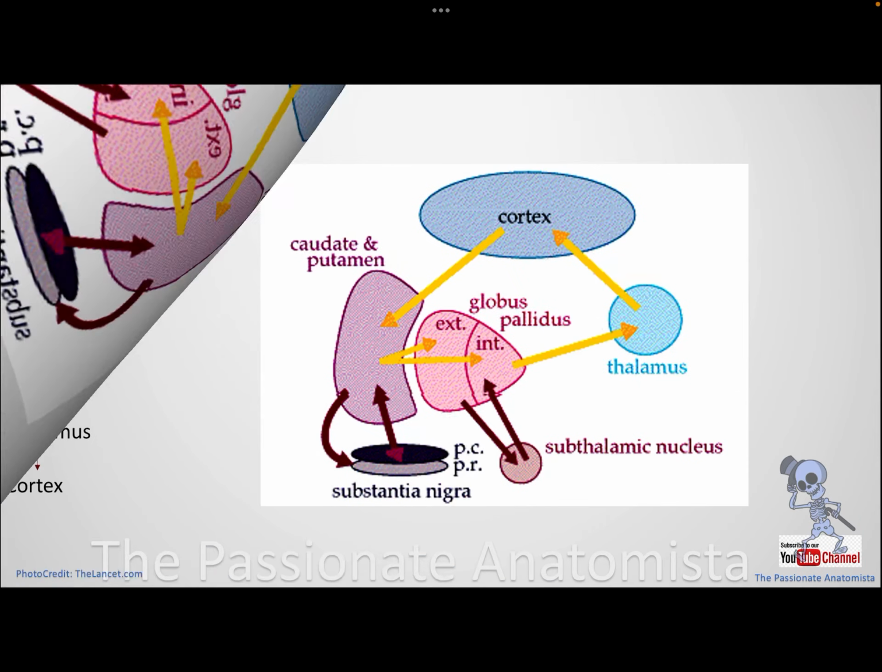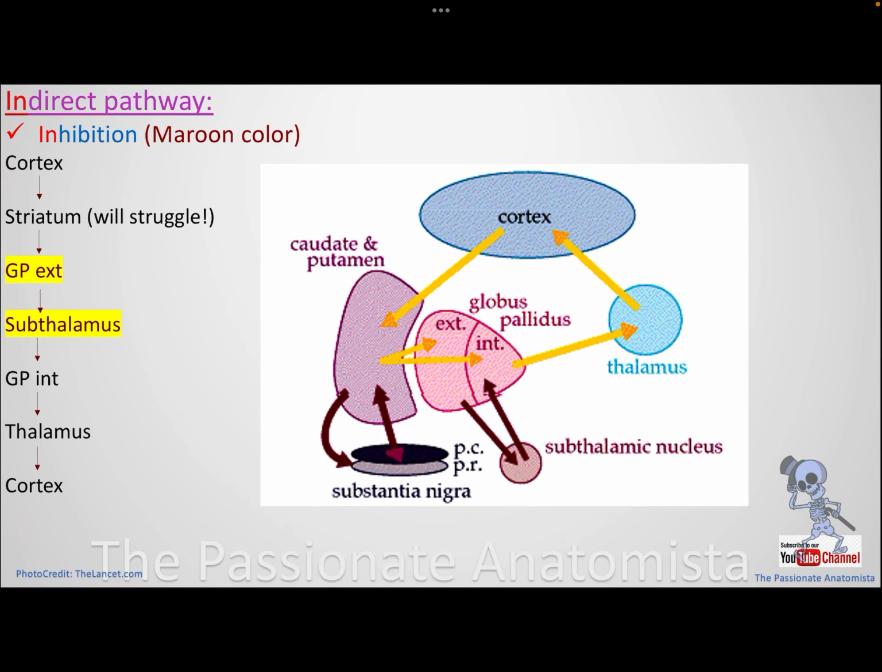Now, what will happen if I don't need a movement? Now, let's say this is what happens in normal circumstances, guys. If you are listening to me right now, and you don't need to write down anything, basal ganglia is working the way that we will explain now. Inhibition, the indirect pathway is going to happen. Now, the cortex of you guys right now, if you don't want to write any information behind me,